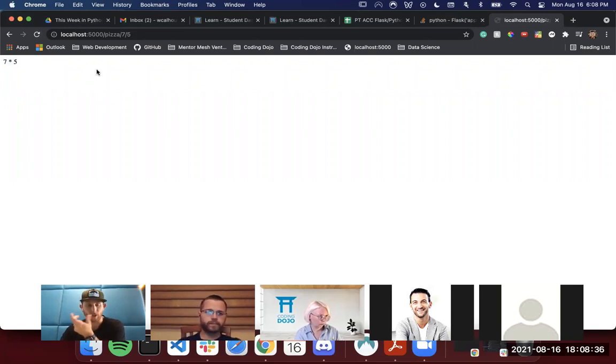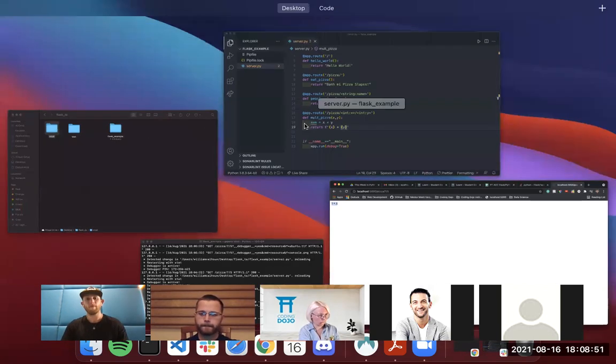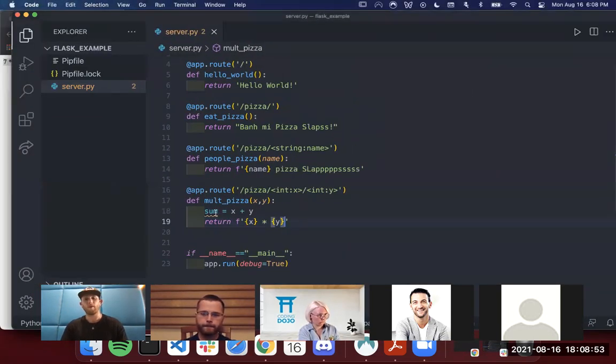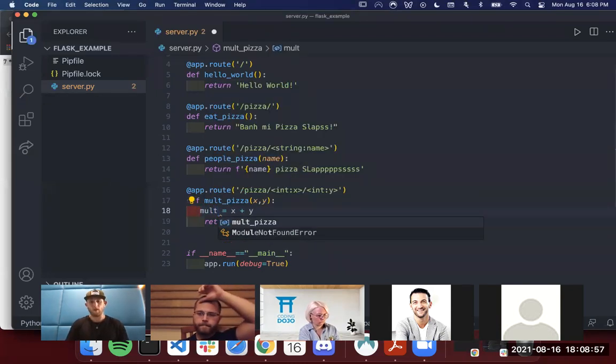Multiplication, addition, subtraction, division, all of those are reserved for integer types, floats, whatever, any sort of number, right? We're going back to those primitive types, but because this is a string, it doesn't have access to multiplication. So what I would do if I wanted that actual value is I would say like mult equals X times Y, and then I would just say something like